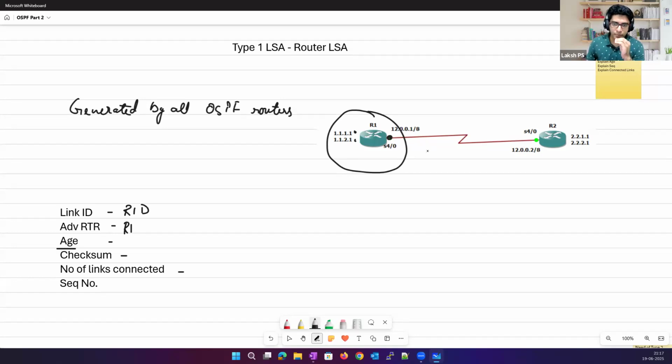Now, as I said, this is a serial interface, point to point. So R1 considers this serial interface as 2 links: one as the interface itself and one as the network. The interface IP is 12.0.0.1 and the other is the network 12.0.0.0/8. So if the routers are connected through a serial interface, or if the network type is point to point,